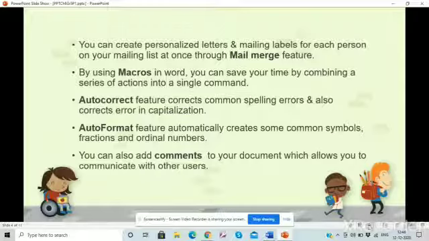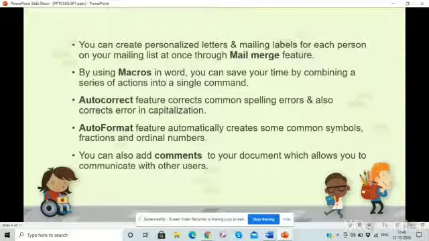Autocorrect means some common errors. As after full stop, if you have not made the first letter of the sentence capital, then it will capitalize it. By mistake you have written adn instead of and, so it will autocorrect it to and. This is known as autocorrect. You can add more words to this for your convenience also.